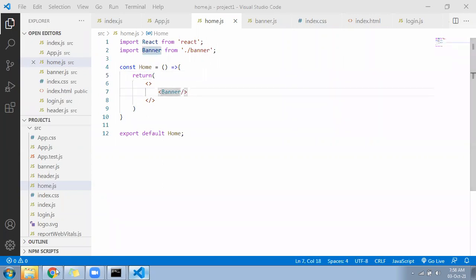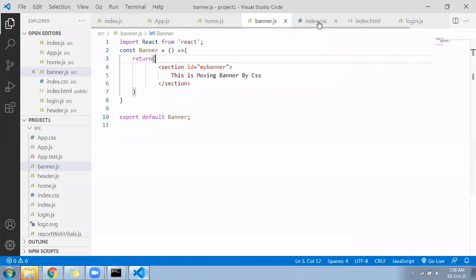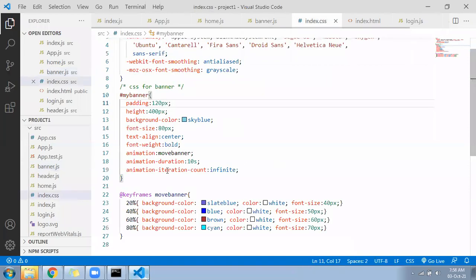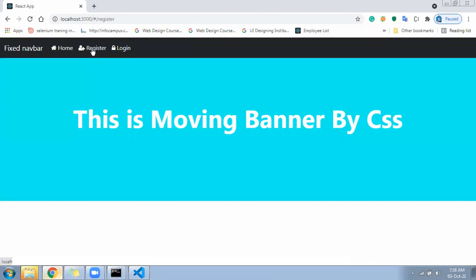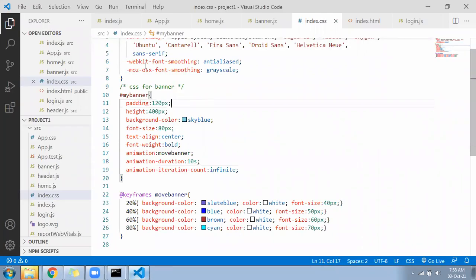So, banner. How many times have I written banner? CSS written. Iteration count infinite, duration 10 seconds. Okay, so go to the register page now. You will create a new component, register component.